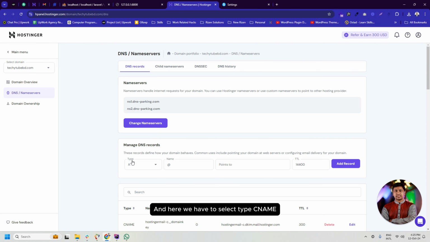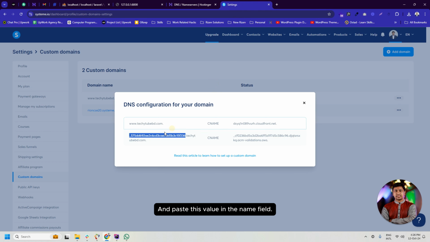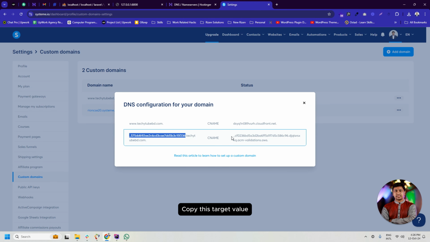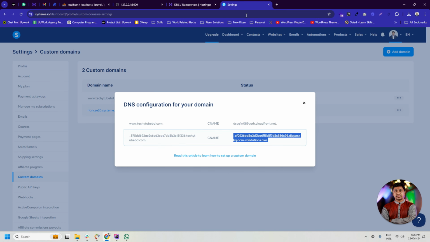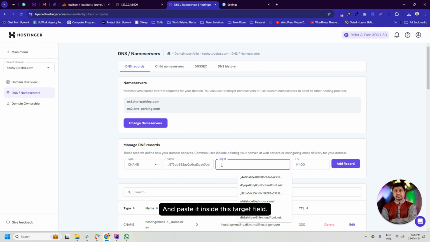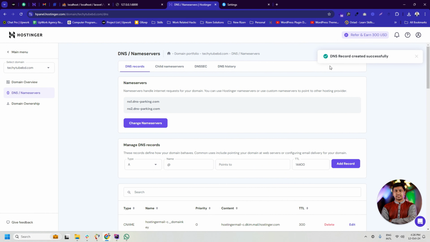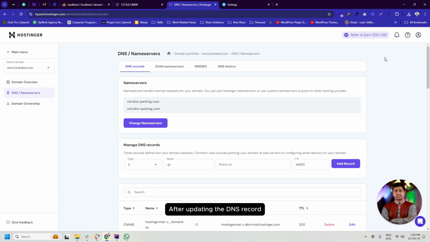And here we have to select type CNAME and paste this value in the name field. Copy this target value and paste it inside this target field. And again we can leave the TTL as it is and click on add record. DNS record created successfully. After updating the DNS record,